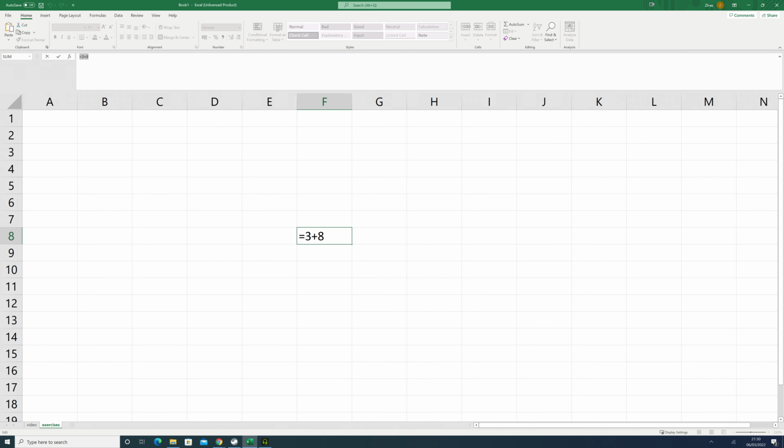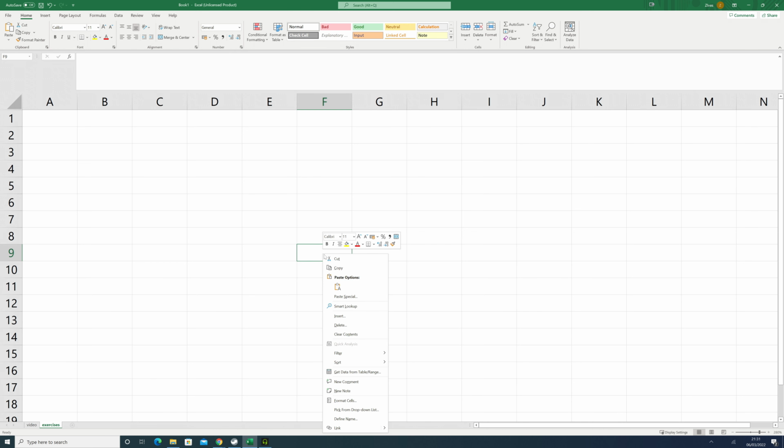Now we've already done addition, so let us do the next natural one, which is subtraction, and it is just the same method. Now it's very important that we do use the equal signs when we're actually doing a formula or calculation, because if we don't, it will cause some problems, and Excel can act a bit weird. But to be able to show you this, we need to prove the weirdness has been done by Excel and not just me. So to do this, we're going to have a look in the cell F9, but first we're going to press escape to come out of the calculation for F8, and now I can left click into F9,